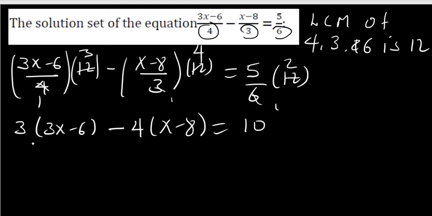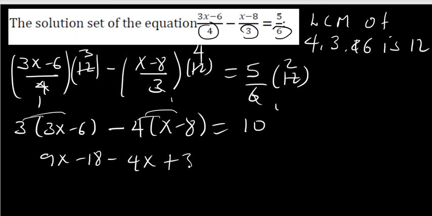Then remove the bracket now, distribute this number to each term, here also. 3 times 3, 9x, minus 18, minus 4x. Here look, take care, negative, negative, plus 32, is equal to 10. Then 9x minus 4x, because they are like terms, 5x, plus, because 32 minus 18 now, we have to take the difference. 32 minus 18 will be 14,